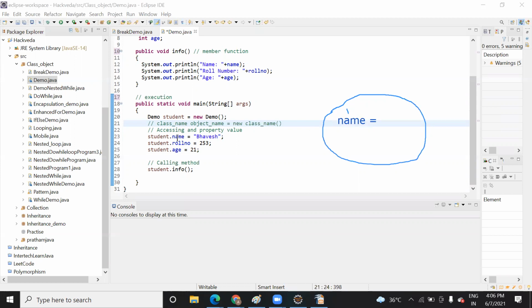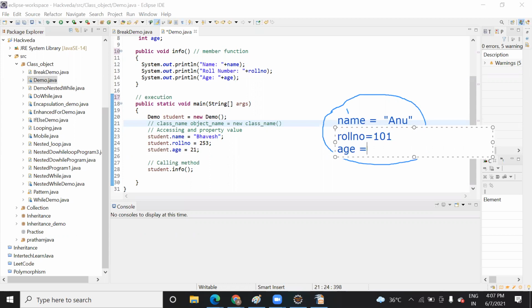It can be any name, let me take your name, Anu, then roll number, let's take 101, and the third one is age.